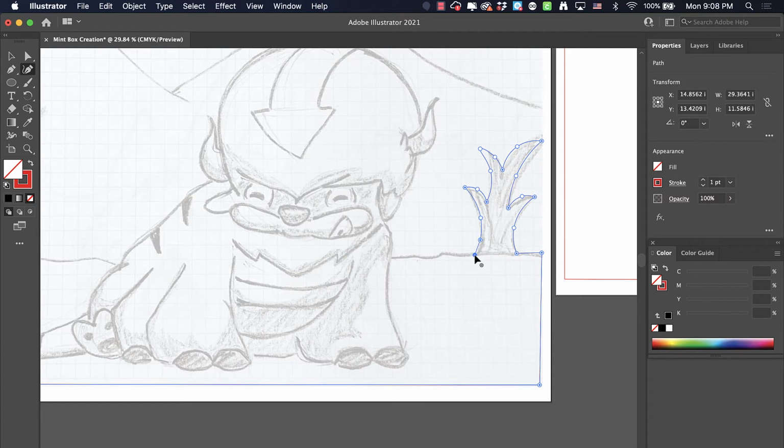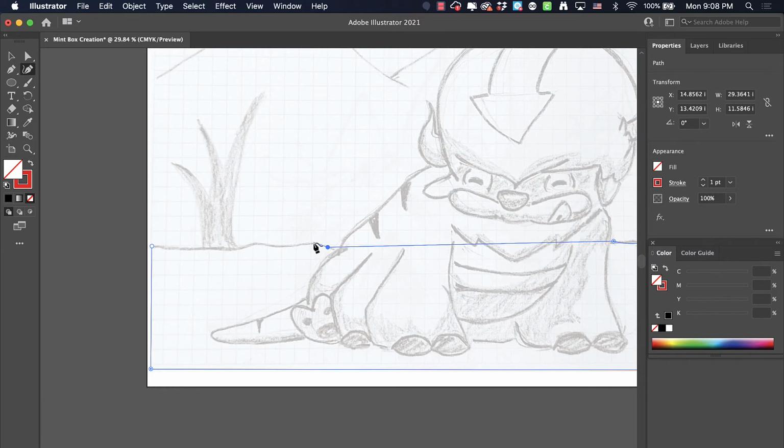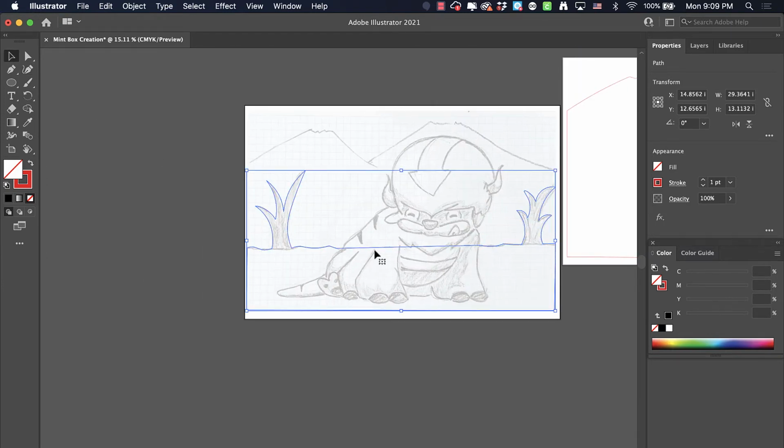Okay, and then right here I know that although Appa is here in front of this layer, in order to make this layer complete, I'm going to have to make it go all the way across the back of Appa. Okay, hold my spacebar down to move, and I'll keep going. Okay, so that finishes my second layer,